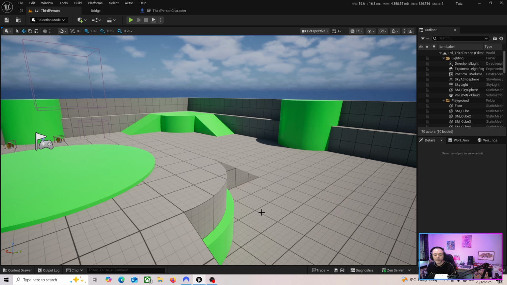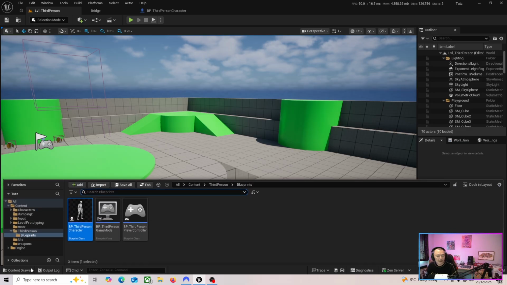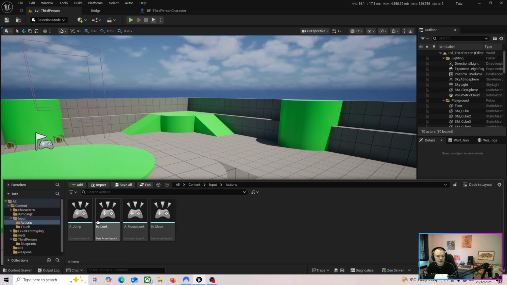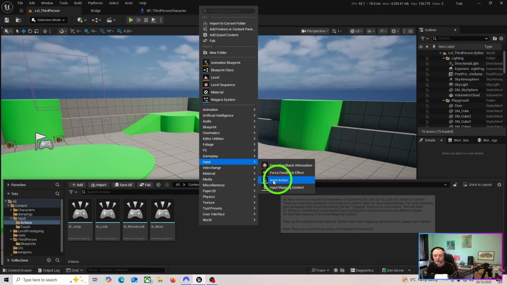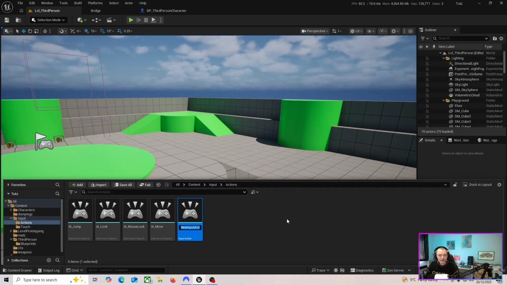So now we're going to make the input action. So basically the button that triggers the projectile spawning. So we're going to go back down to the content drawer again, go down to input, go down to actions, and in here you see you've got jump, look, mouse look and move. We're going to create a new one, just call it fire. So just right click and then here input action, and you can just call this the same as, see the other ones are called IA underscore, so we're going to call it IA underscore, we could just call it fire,